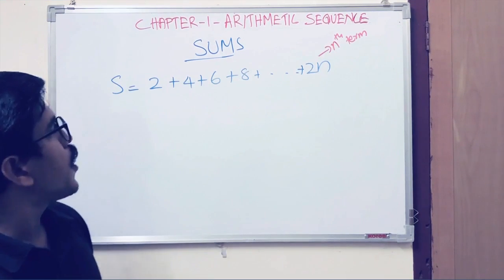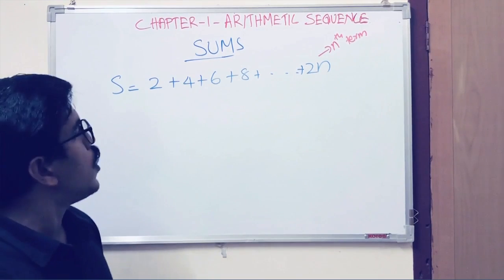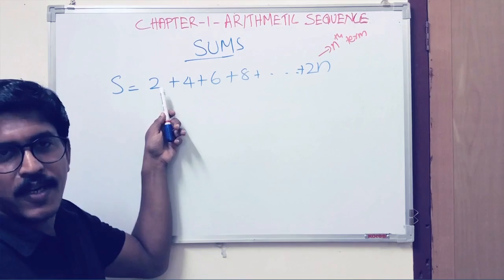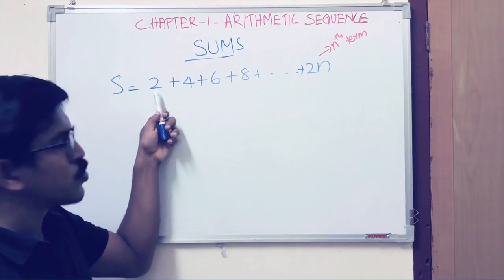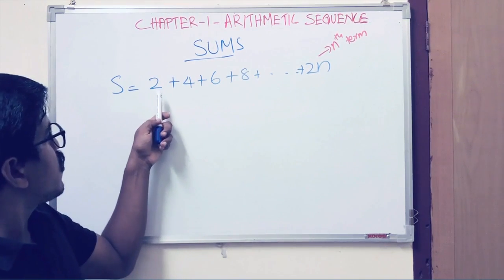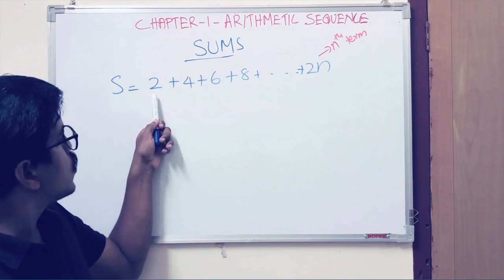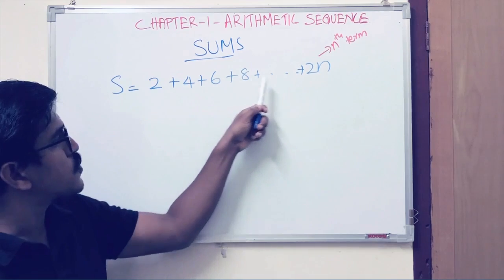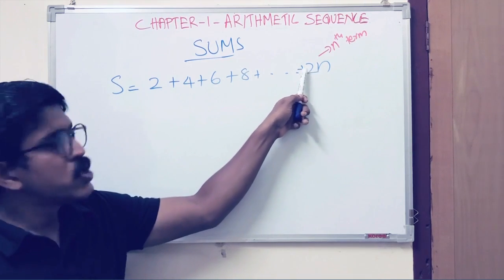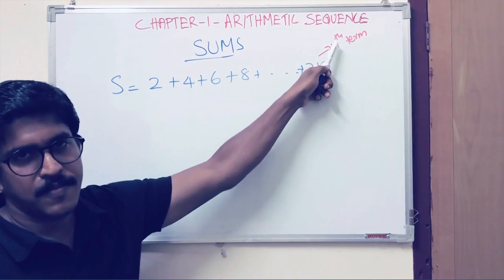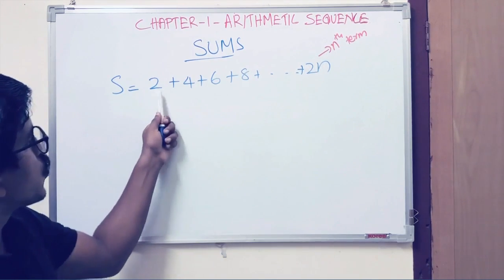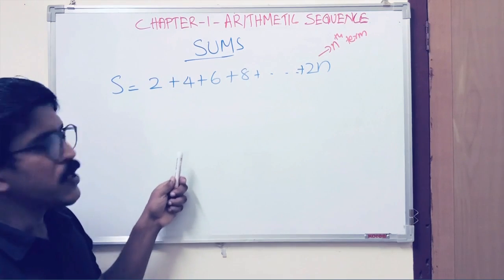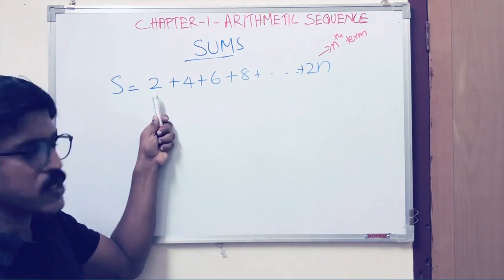Now we are going to find the general formula for the sum of n even numbers starting from 2. All of you know that the first even number is 2. Here you can see S is equal to 2 plus 4 plus etc. plus 2n. 2n will be the nth term. And all of you know that multiples of 2 are here in all the terms, so 2 is common in all the terms.